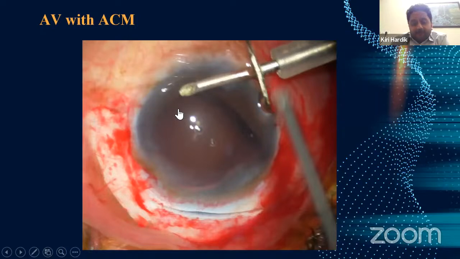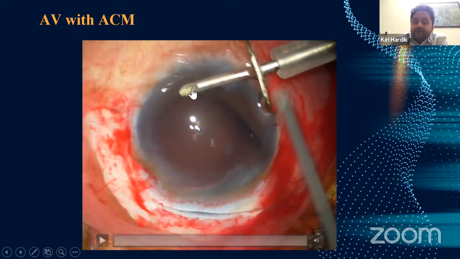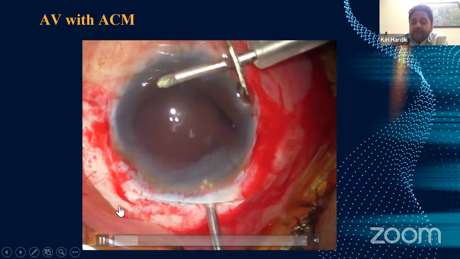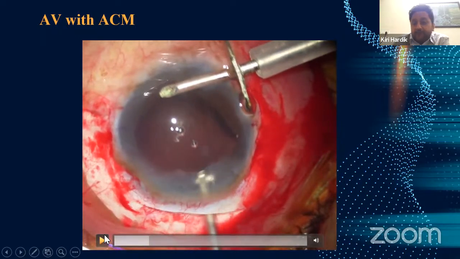So here, in the previous cases, we have seen that the surgeon has used infusion in one hand, the irrigation cannula in one hand and the cut vitrector in the other hand. The other option left is putting in the anterior chamber maintainer. So this is a case of ectopia lentis where the lens was removed in toto with the bag and the glued IOL was implanted. So a scleral tunnel was made. An anterior chamber maintainer is put here and the surgeon is removing the anterior vitreous which is prolapsed with